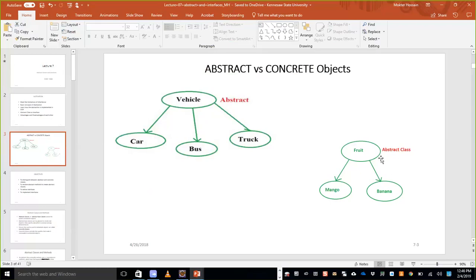Similarly, when you say fruit, a fruit is a concept. If I ask you to bring some fruits for me, then you will bring either some apples or some oranges or some bananas or some mangoes, right? If I asked you to bring some fruits, but you brought bananas, okay, that is fine, because banana is a fruit. So